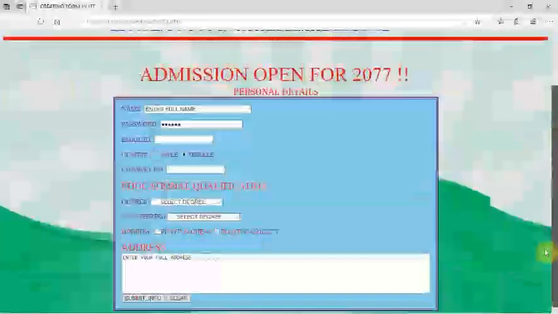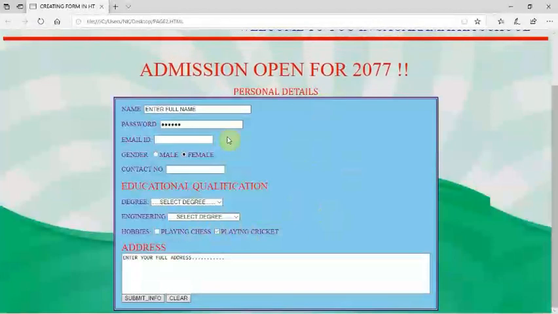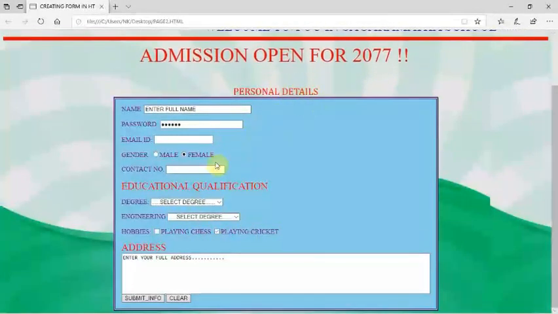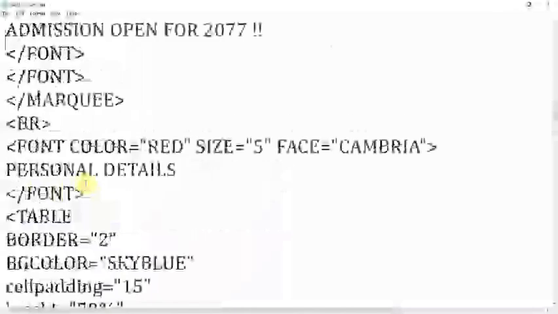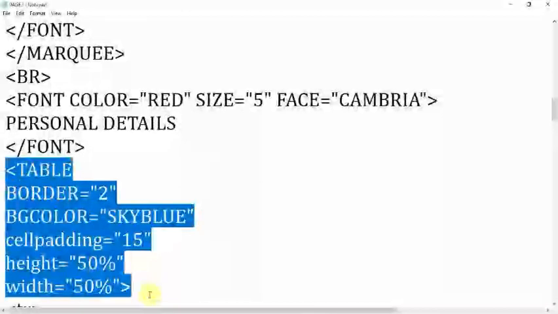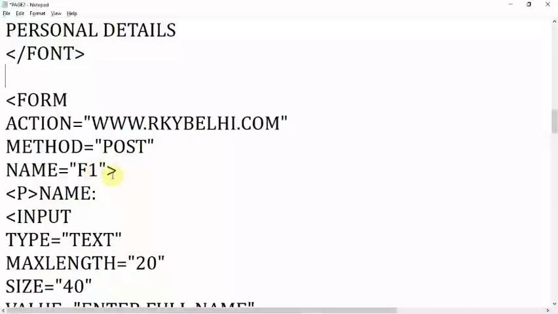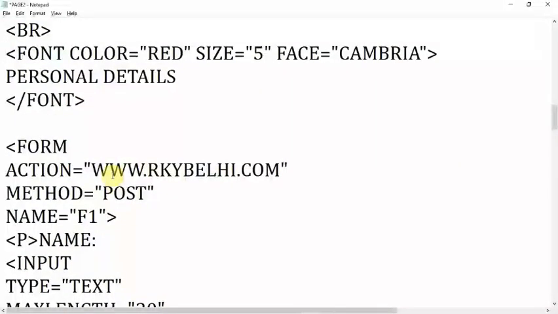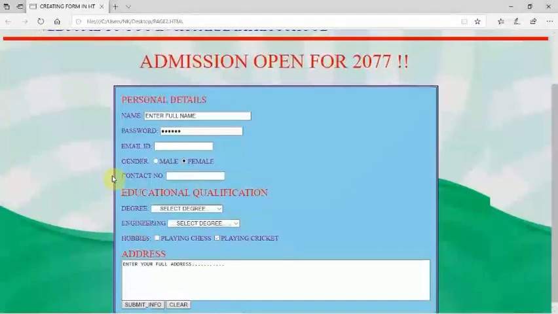F5 key. Here this border is written, this border has appeared in the table. Personal detail is not written. If you want to insert personal detail also, once again go to the top, move to the top, where personal detail is written, find personal details, so that you can copy this. Control plus X, I want to insert personal detail also. Control plus V, now Control plus S, now you can see the effect. So personal detail is also written.